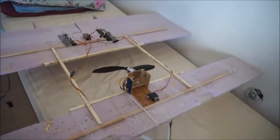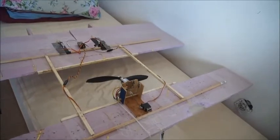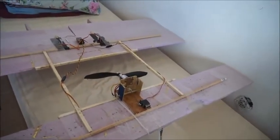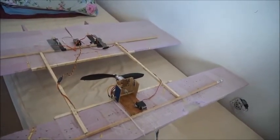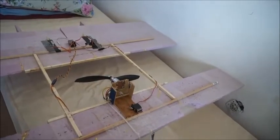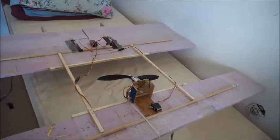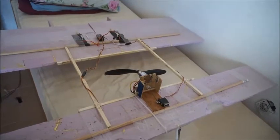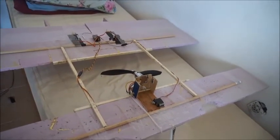So you've got to be a little bit on top of the game with that, and it's pretty obvious from the videos. You can probably see from the flight video, you can take a guess when I do the switchover. It's almost immediately, as soon as it lifts off the ground, I swing it to the fully forward position. I've already discussed the other structural changes that I made in the prior video for stiffness,